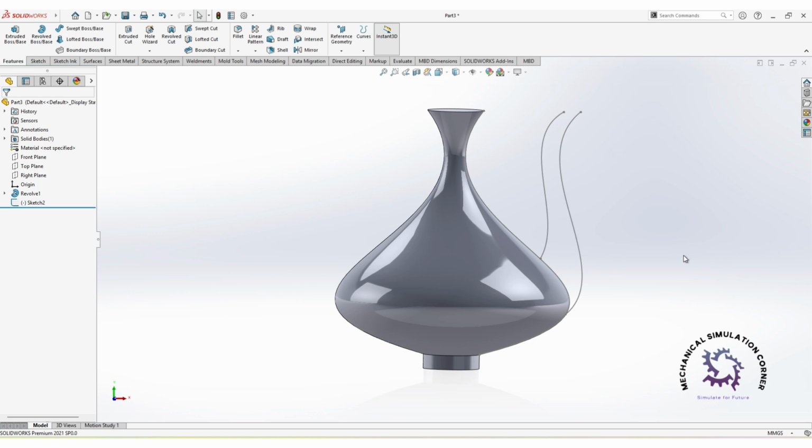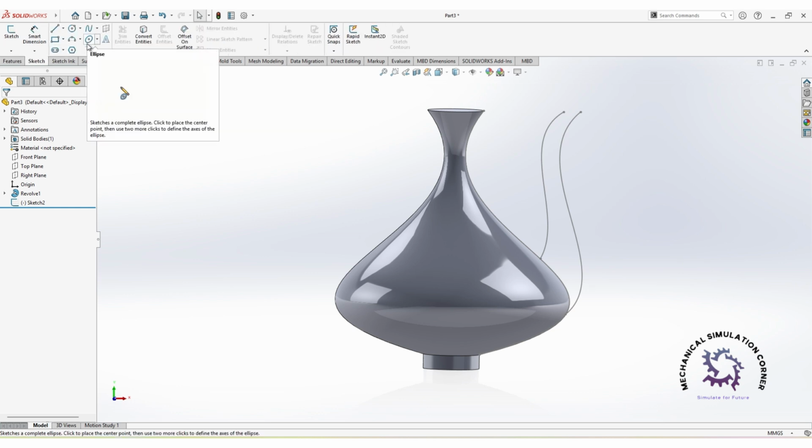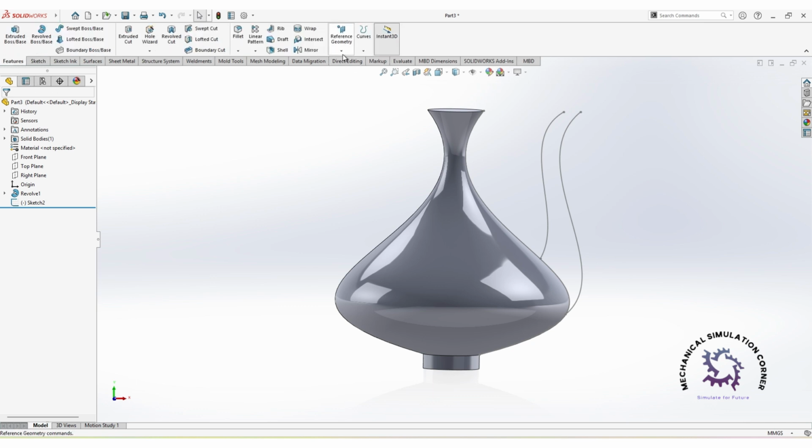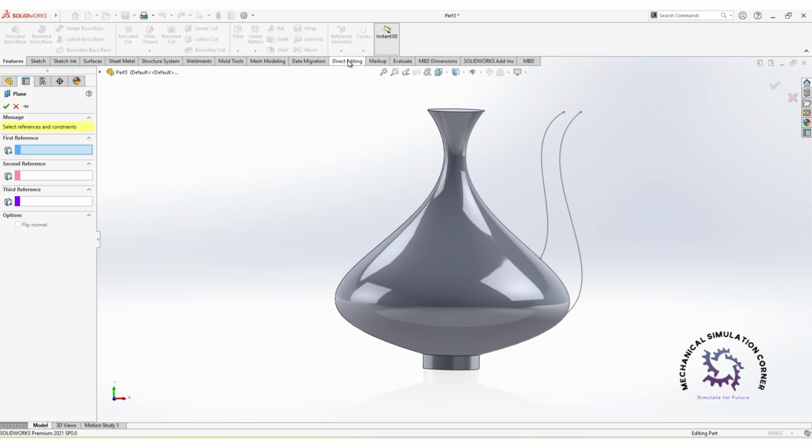Now we are going to make a circular pipe. So we need to draw an ellipse here. So before that, you need to take a plane, click on reference geometry, plane,